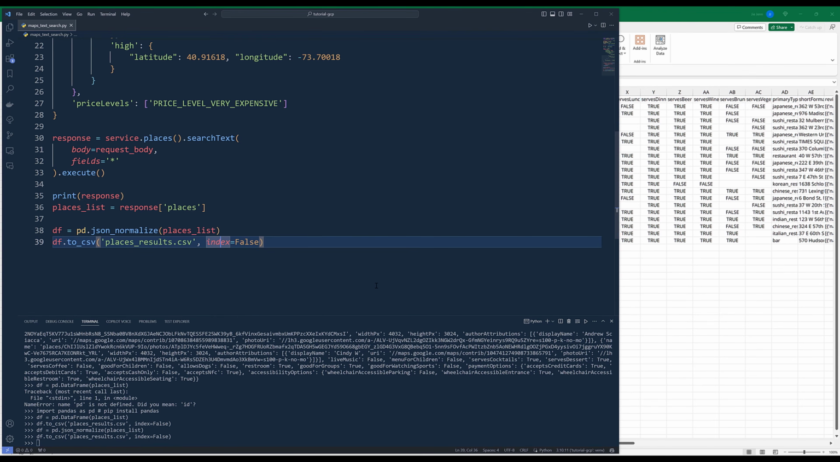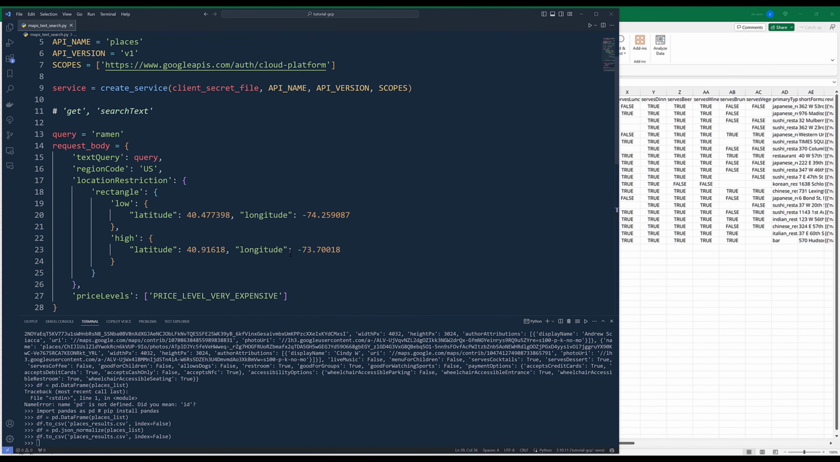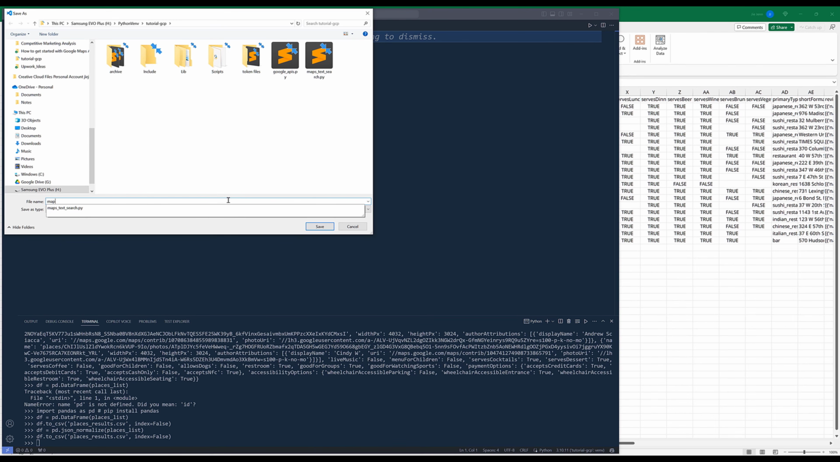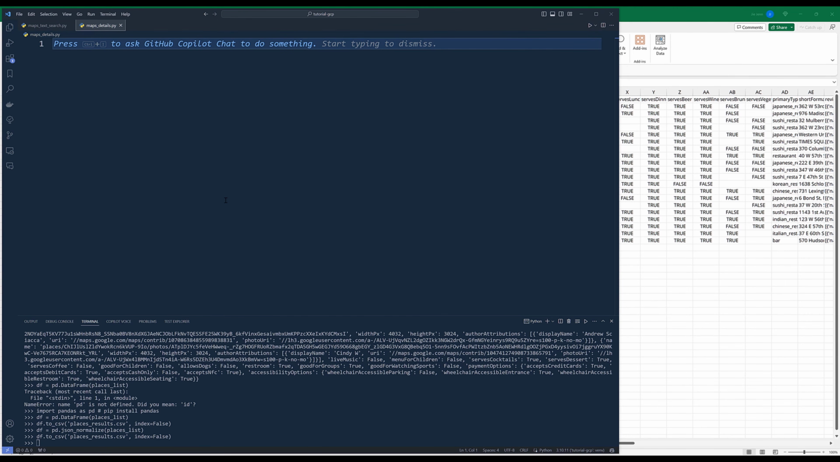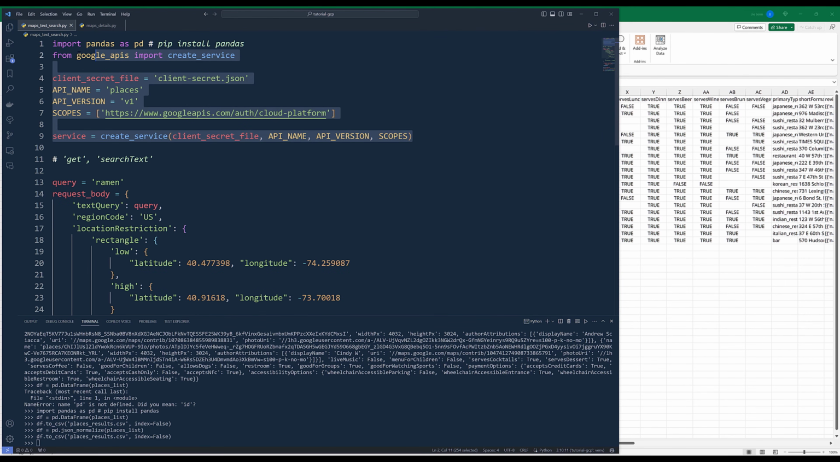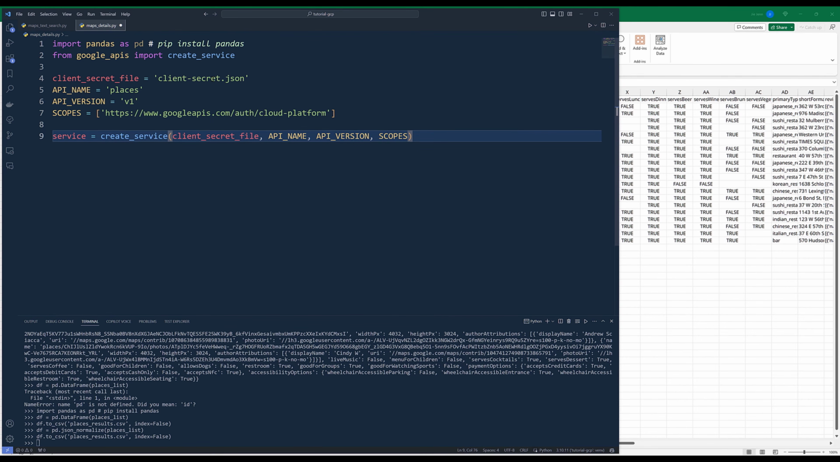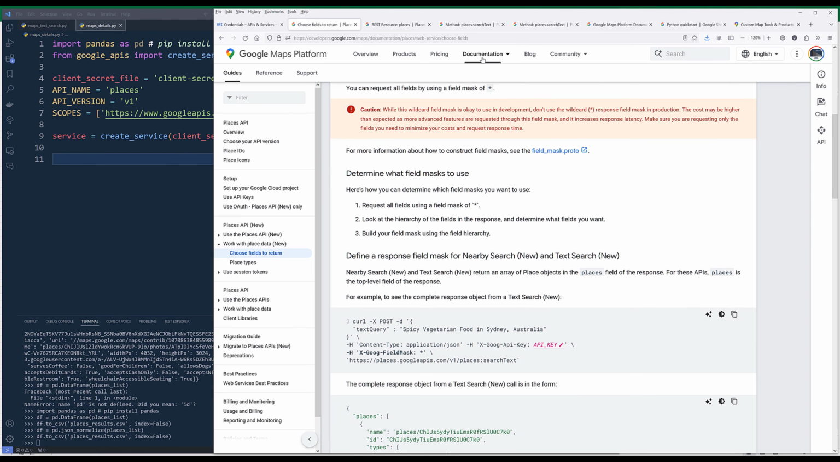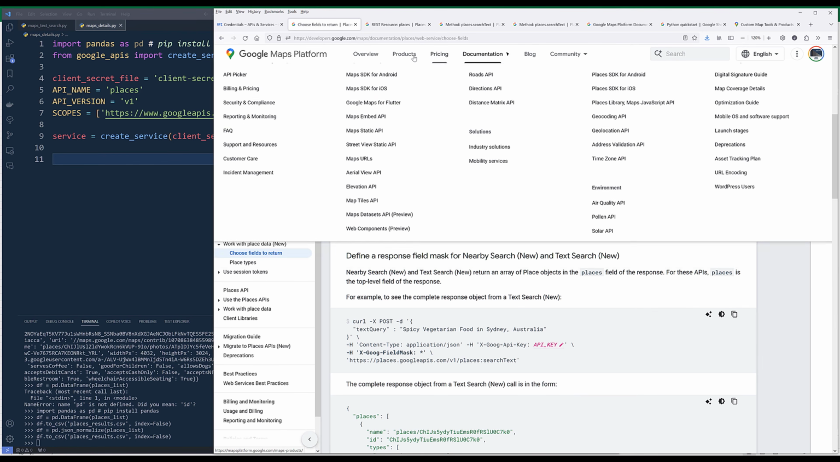Let's go to the next example. And I'll name the file. Let's do maps search, show details. I'm simply going to copy this code block to the new example. Now using the get API, or the places details API,